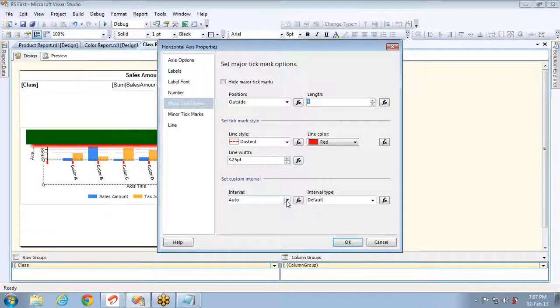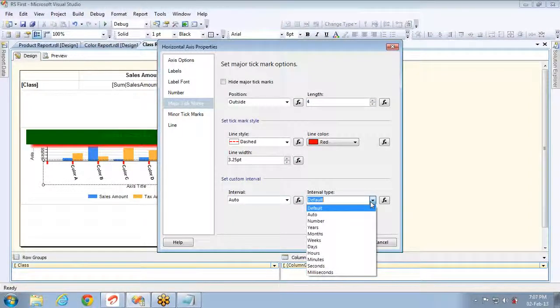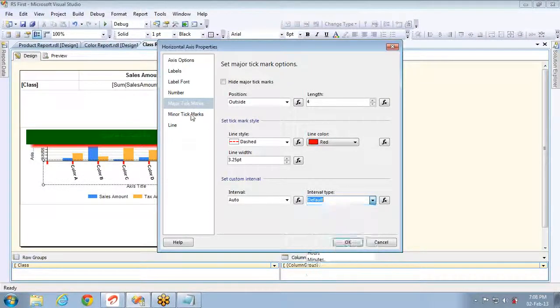And for these tick marks also, this is the custom interval. Just like you set the label information, this is the custom interval where it has to show for every value, or automatically it has to show. As I told you, if you have 50 label items, it is asking whether to show all 50 tick marks, or show based on the interval that is selected here.